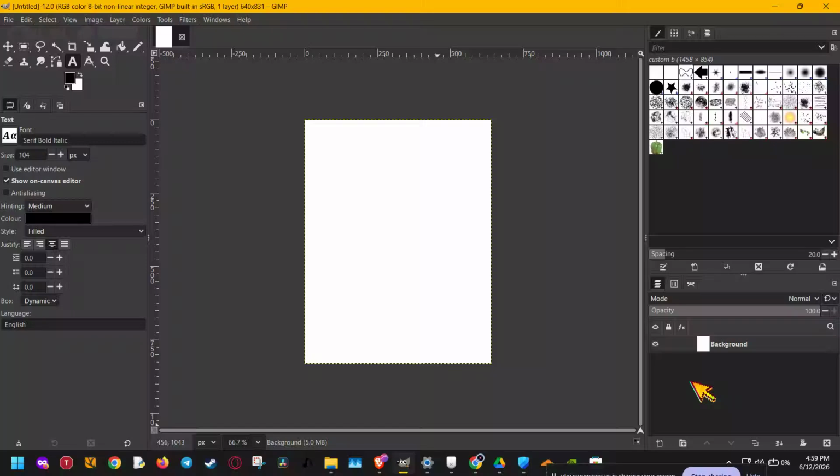If you work in GIMP often, creating a template is one of the fastest ways to save time and keep your project settings consistent. In this video, I'll show you how to create a canvas dimension template in GIMP so you can quickly reuse the same size, aspect ratio, resolution, and even color profile settings whenever you start a new